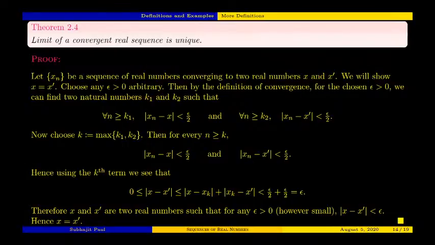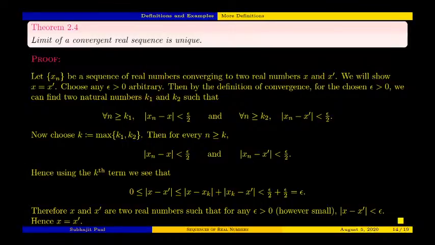Why do we need to do sequences? Exactly where we are mostly interested in this semester. Now the next thing we have is that the limit of a convergent real sequence is unique. So the proof goes like this: let xn be a sequence of real numbers converging to